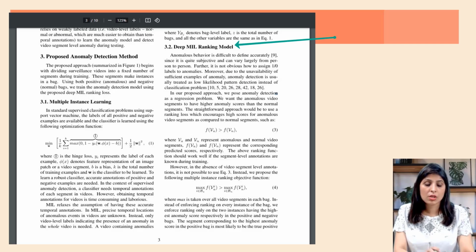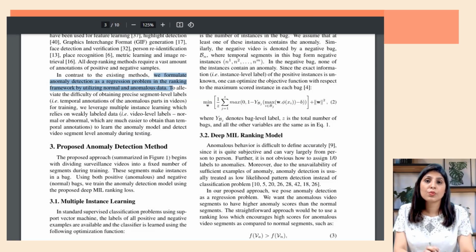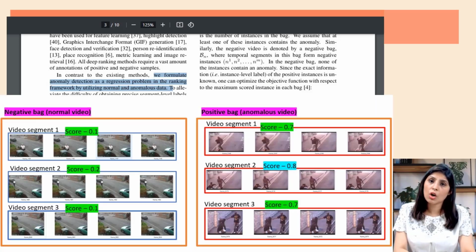Here they have used a regression approach for this task. That means anomaly detection is framed as a regression problem, and we'll solve it as a regression problem. The goal is to assign a higher anomaly score to anomalous video segments than to normal ones.